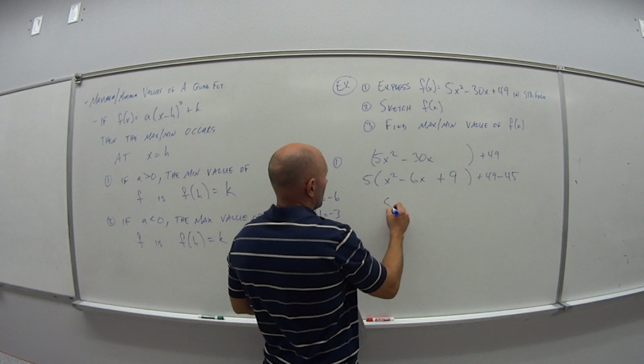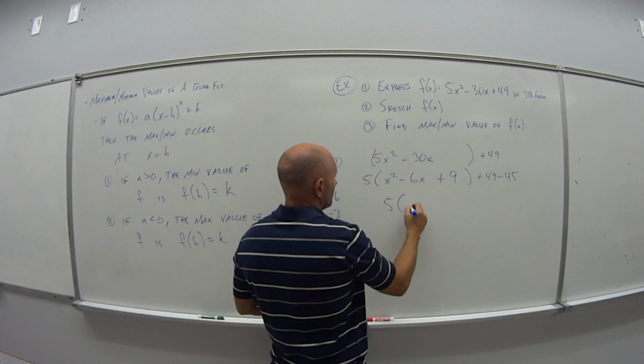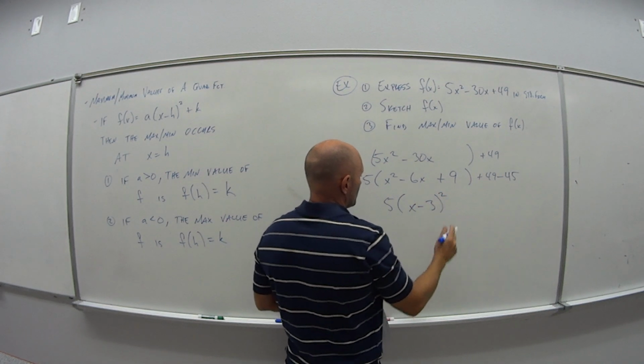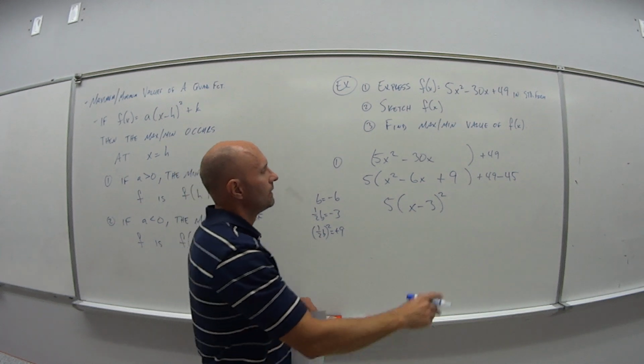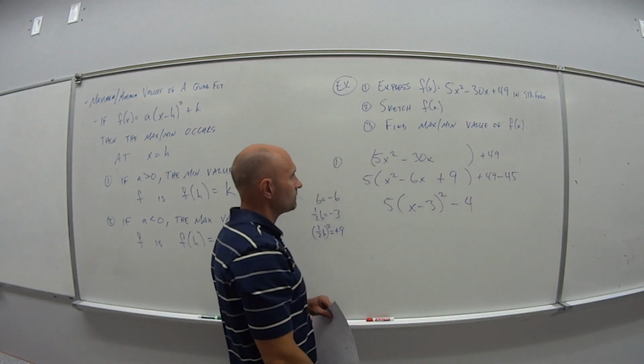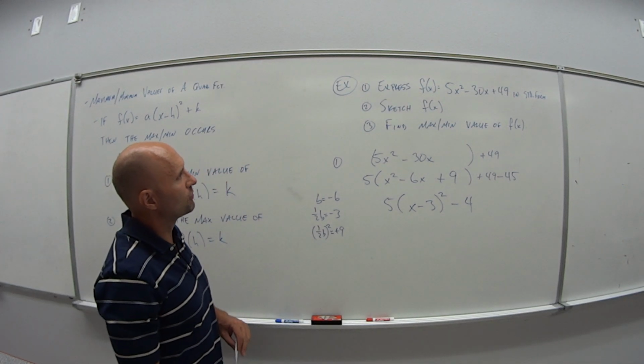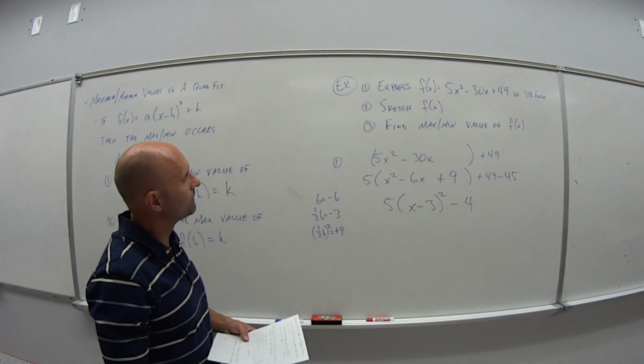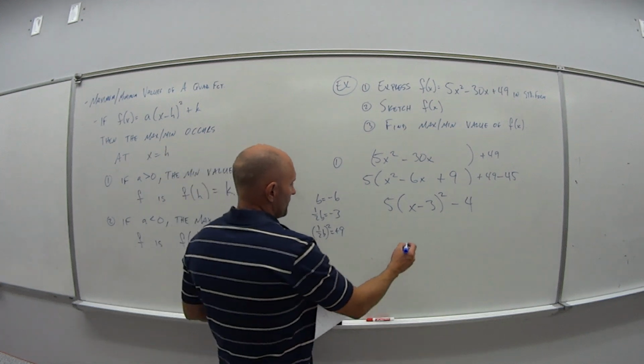So now I have 5, and I can rewrite this as x minus 3 squared. And 49 minus 45 is 4. So that's my function in standard form. The sketch of this,